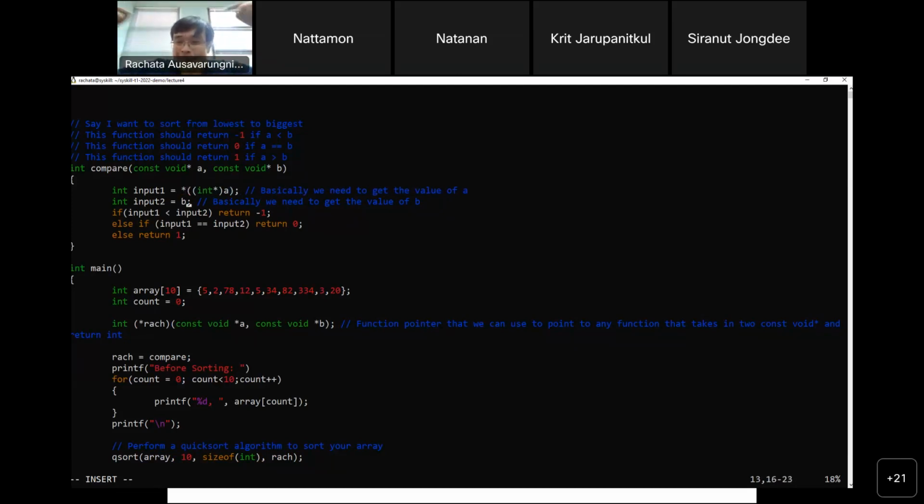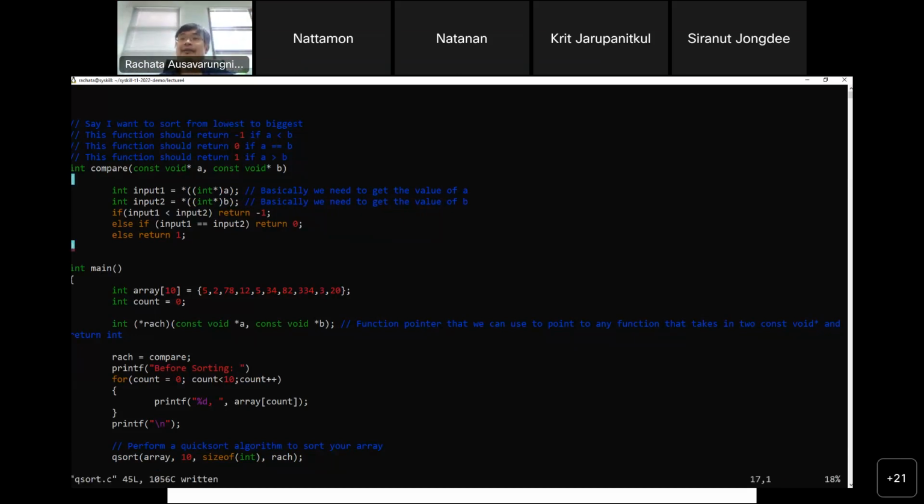To get the value, I do star. If A is a variable, then I do ampersand to get the pointer. So star is the inverse of ampersand. That's a star, right? Again, B, another practice, I do int star to cast it from void type into integer type, and then I dereference to get the value.